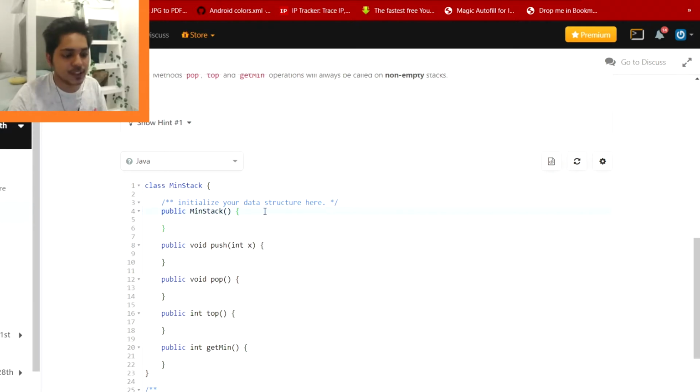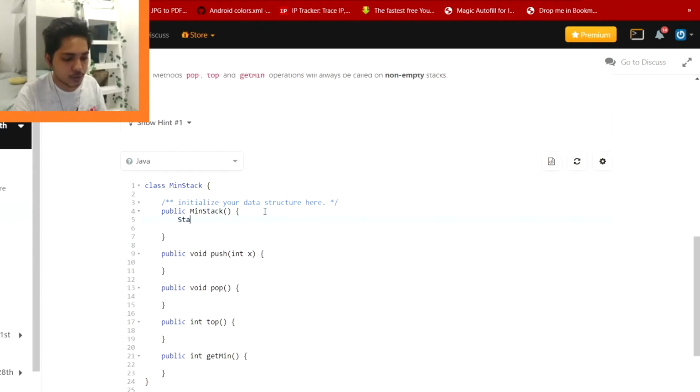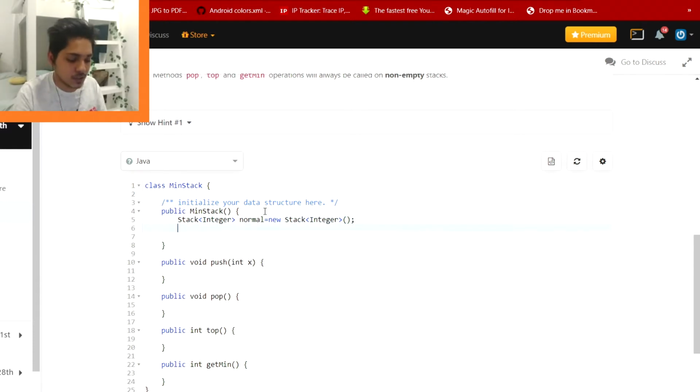Okay, so for min stack, for the constructor, what we are going to do is initialize two stacks. One stack will be a normal stack, so let's say normal, new stack of integer, and another will be a min stack because it will be holding all the minimum values, right?